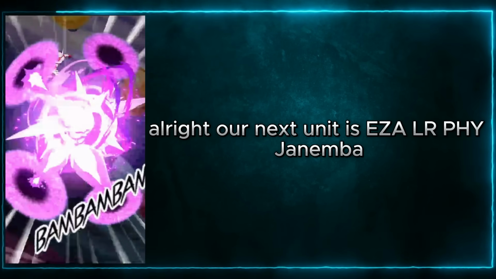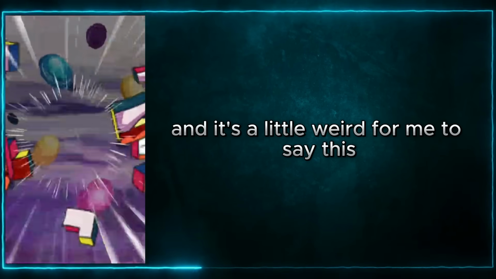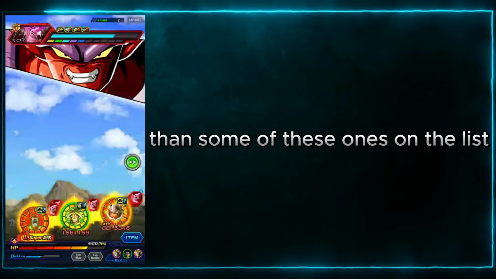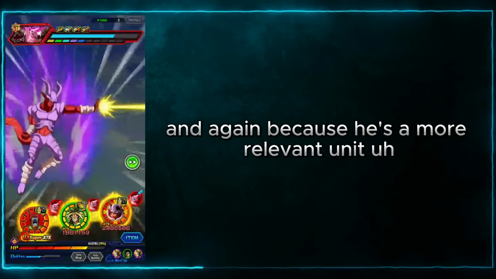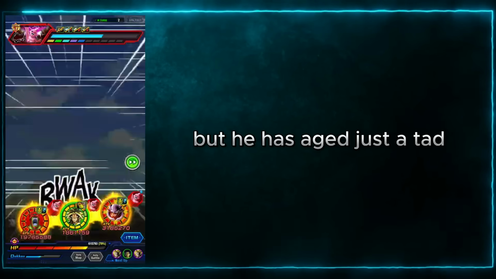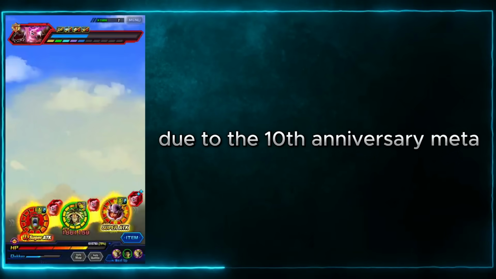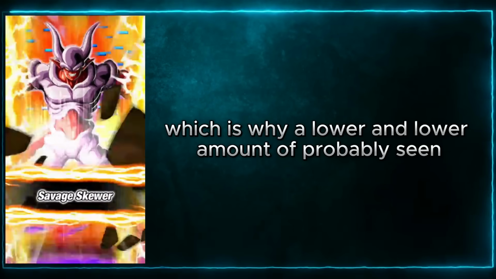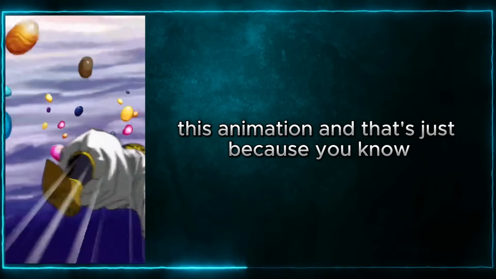Alright, our next unit is EZA LR Fizz Janemba, and it's a little weird for me to say this because you probably do see this a little more often than some of these ones on the list, and again, because he's a more relevant unit, but he has aged just a tad due to the 10th anniversary meta, and he's not being ran as often,